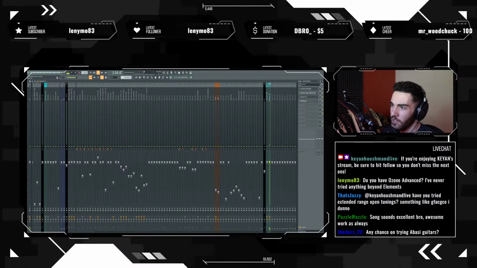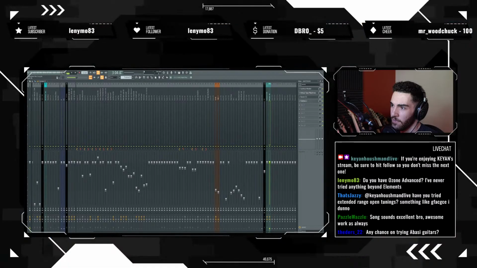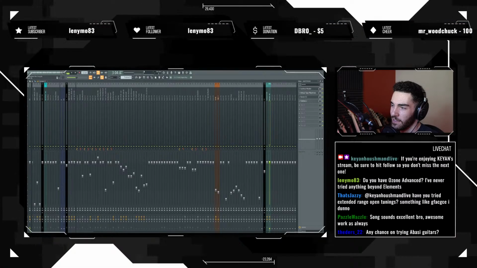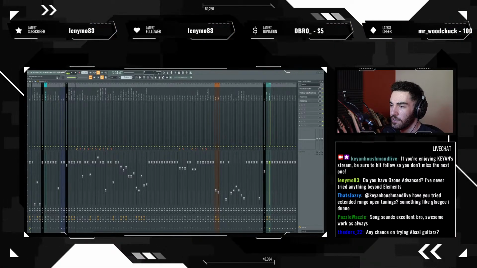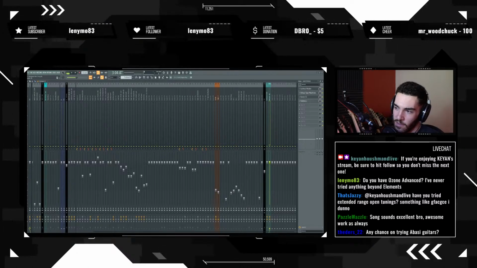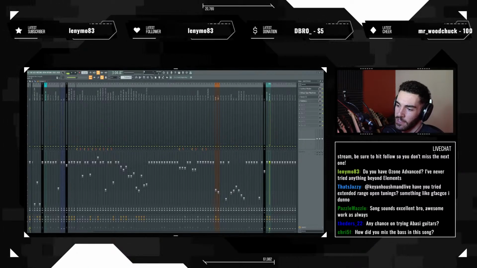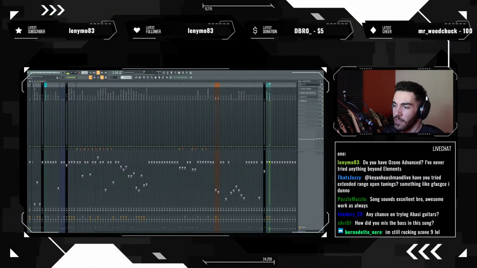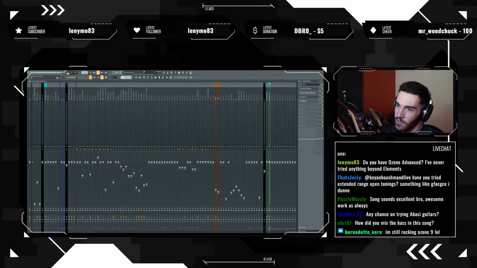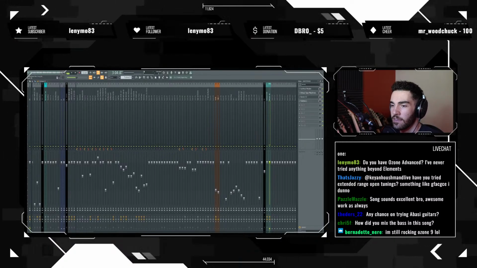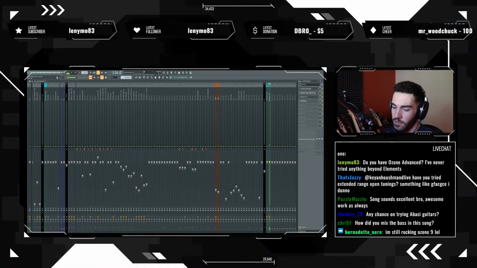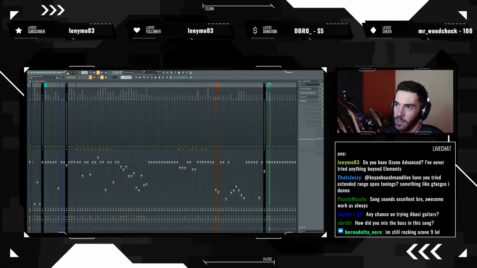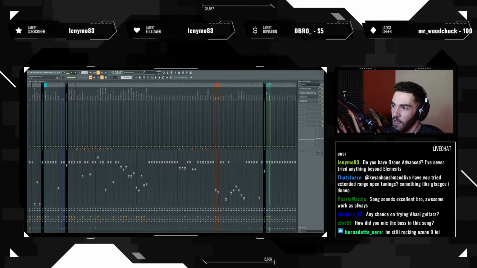Have I tried extended range open tunings like GF, AC, GCE? I have tried. I know Monuments does that stuff a lot, where they have the top of the guitar in standard tuning of what a normal guitar would be tuned to in drop. And then the bottom 3 strings are, I guess, in a DADGAD thing, where it's in relation to the key of whatever they're playing on the top string. And it sounds awesome.